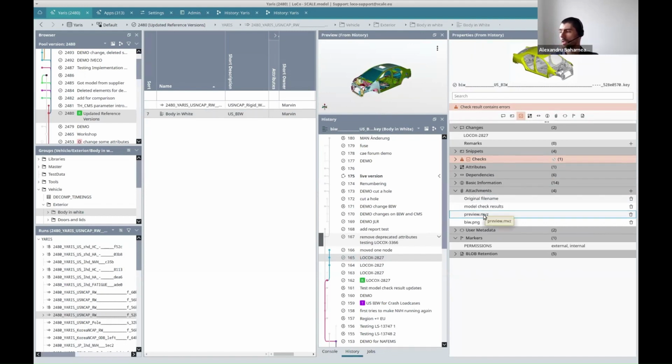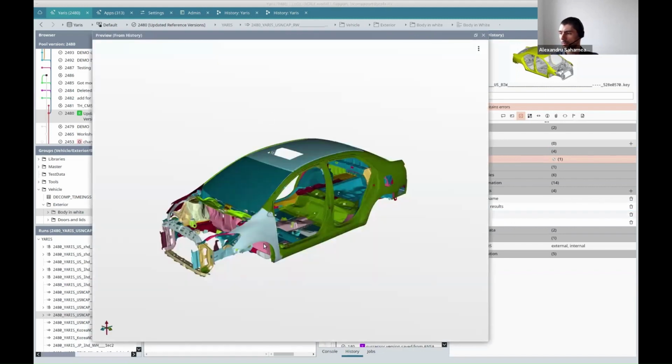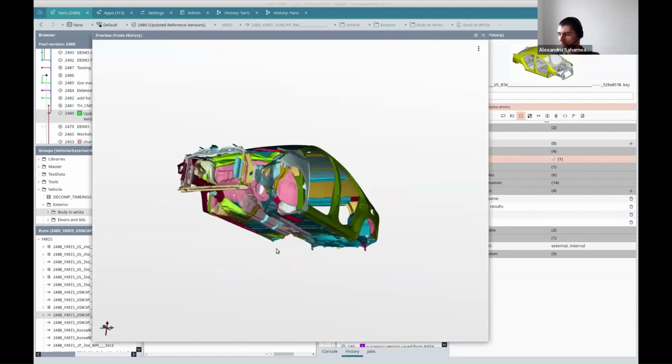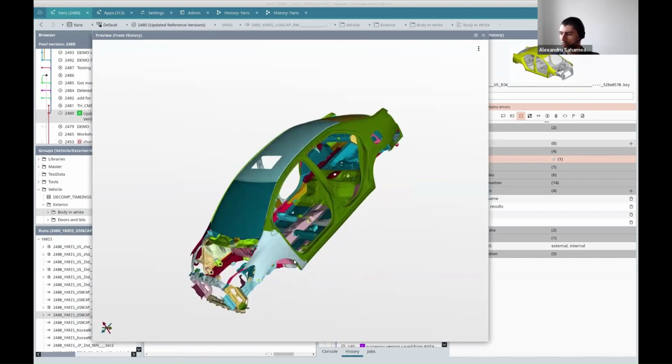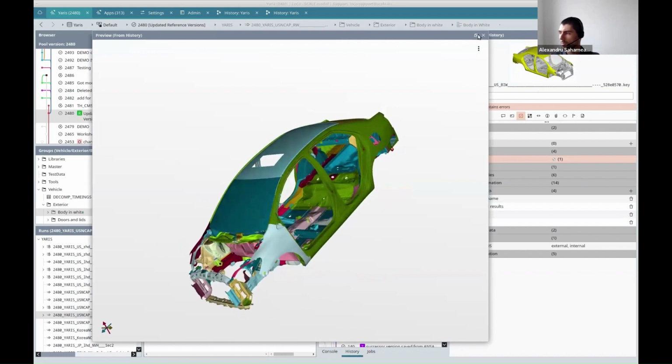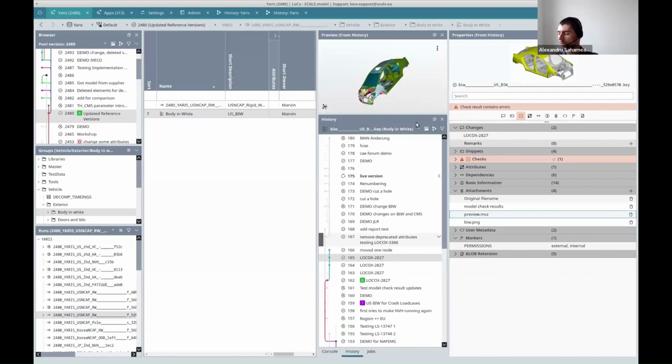And if this attachment exists, I will also get the 3D preview in this panel, and I can, for example, look at it and rotate it and maybe get an idea of what has been changed to this component. It does not contain as many details as the component itself contains. As the name says, it's intended as a preview, but it can also be used as a